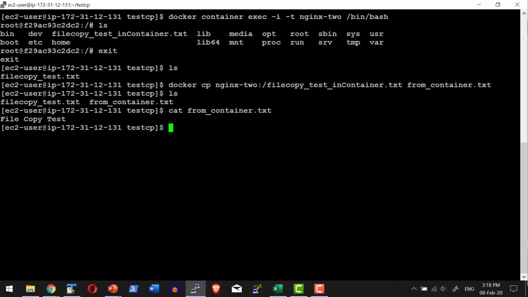So basically this acts like FTPing a file from one system to another system. I'm copying the file between the host file system and the container file system. So we had seen how to copy the files between the file systems, as well as how to use the diff command to find the difference in terms of what are all the file changes that happened to the file system within a container.